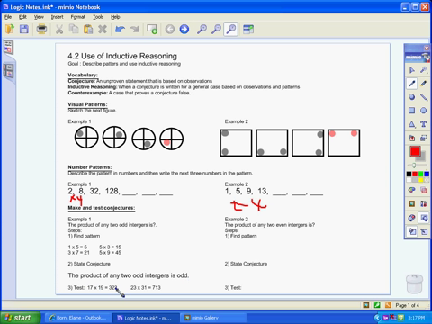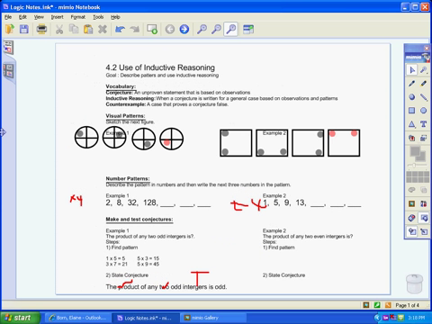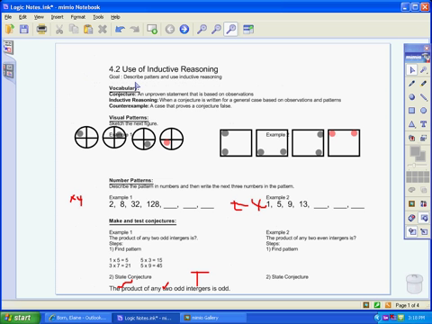And then I tested it. So 17 and 19, both odd, give 323, odd. So there's a check mark. 23 and 31, both odd, give 713, which is odd. So since both of those work, this statement would be true. You could do it for even numbers as well. So if we come over here and come up with some even numbers, for example,